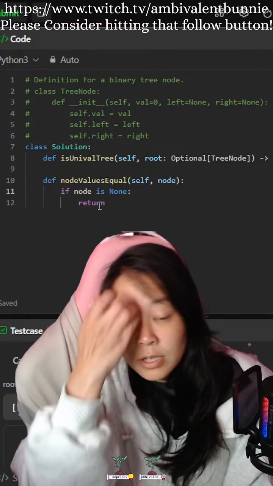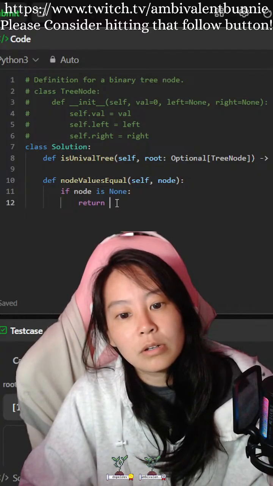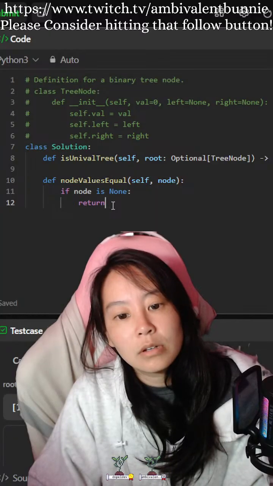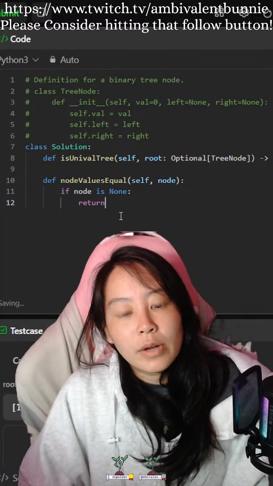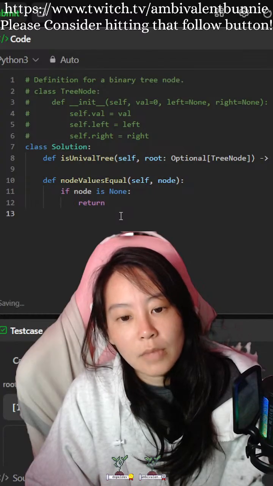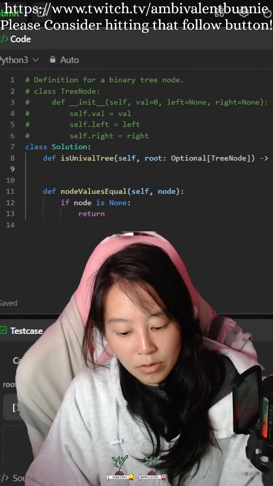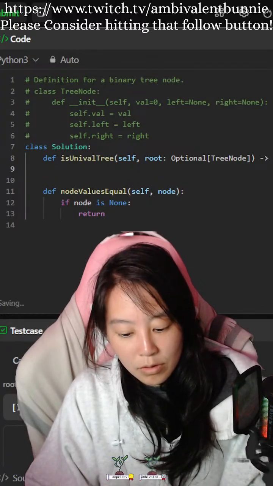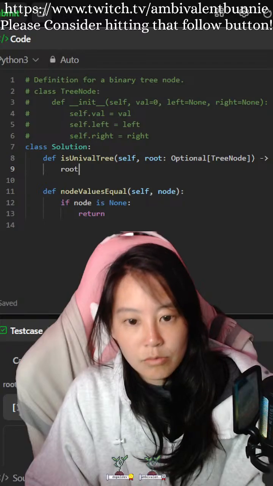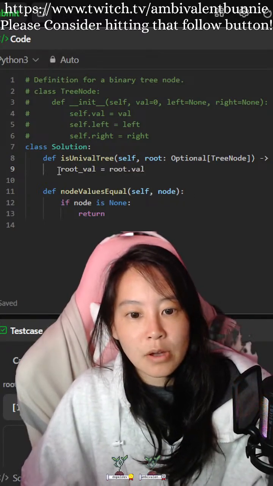If node is none, return. Okay, and then we want to have root val equals root dot val.